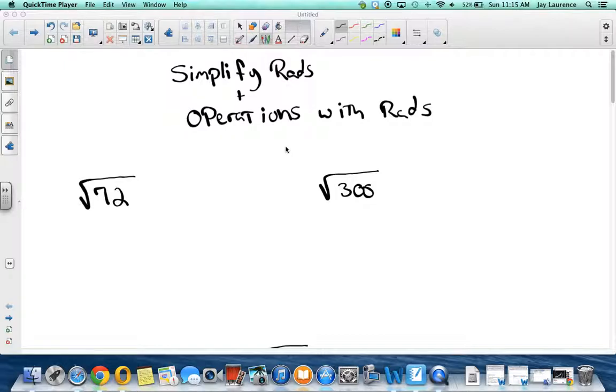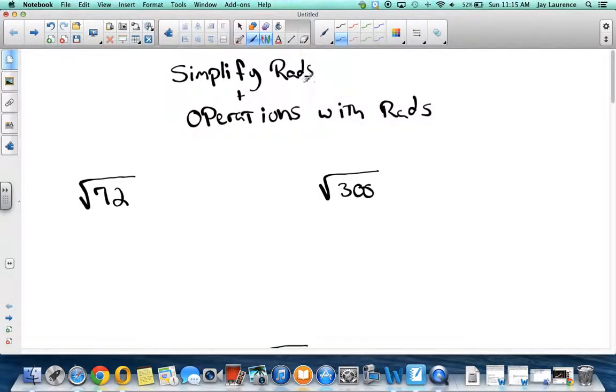All right, we're going to simplify rads and operations with rads. Now, we've already done the simplifying rad part, so just a quick refresher for you. Remember that we want to break this 72 up into